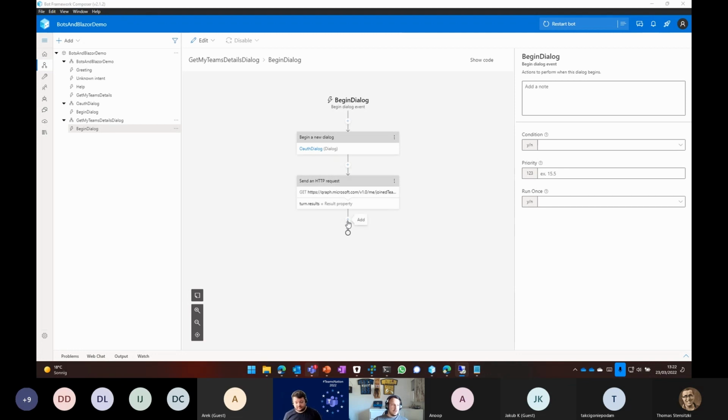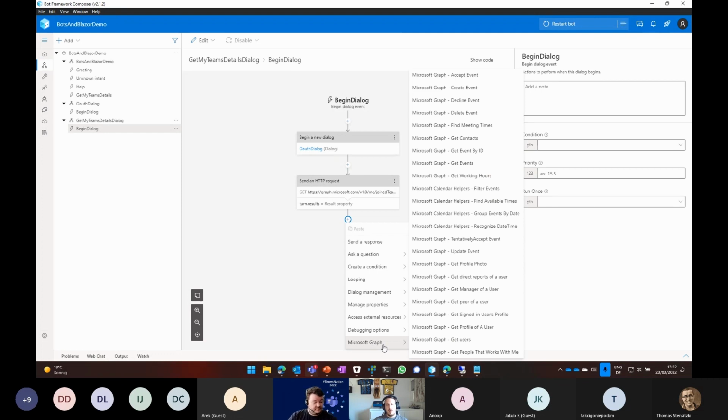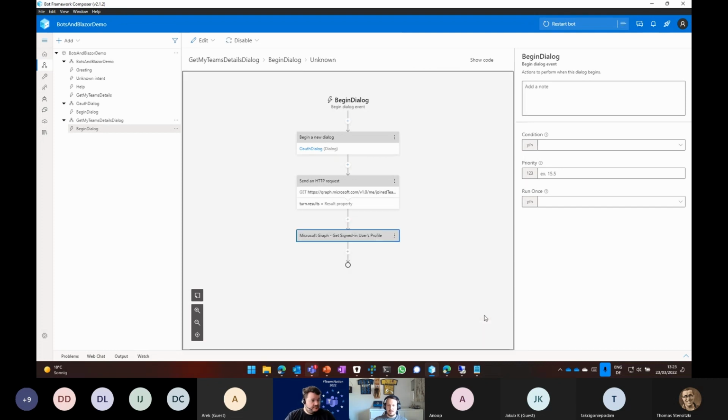First, we obviously need to get some parts of the user's profile. We could again go ahead and send an HTTP request, graph.microsoft.com/me, but we can also use a package which you can install in Composer via the package manager, focusing just around the Microsoft Graph. So in here, I get a new pane, Microsoft Graph, and in there I found a lot of helpful things around the Microsoft Graph and the actions